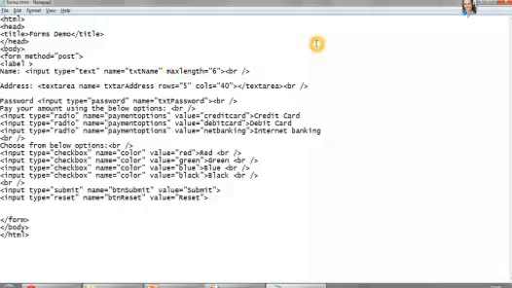It will not work for the name, so I have to put an ID over here. The ID I can also give as name. So I should write it as for name, and then name the value that you want to put in the label, and then just close it.